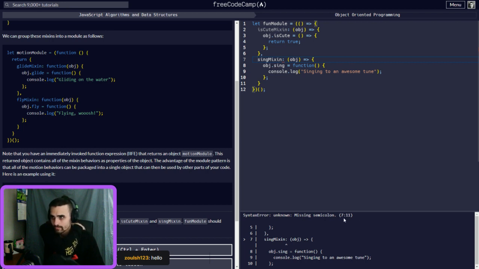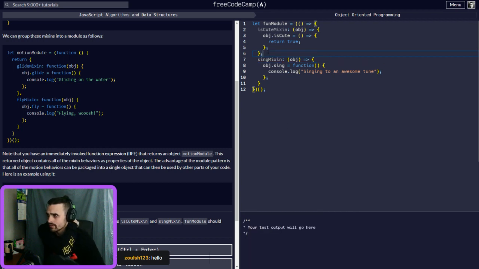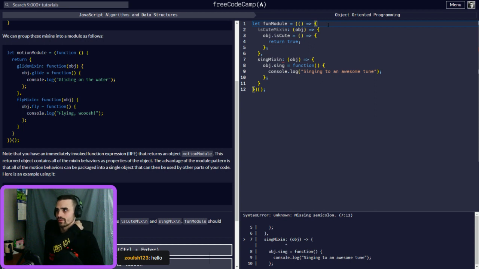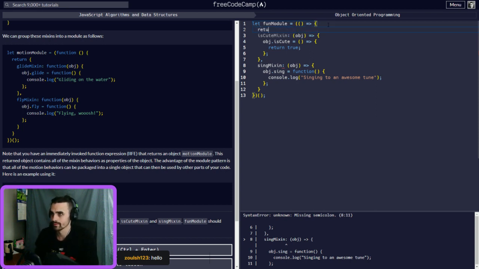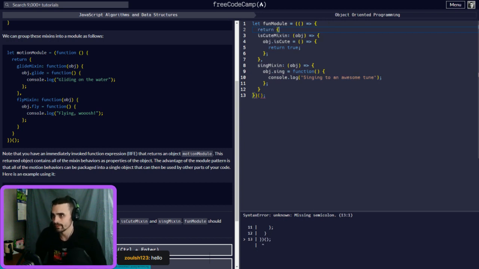Alright, so what, missing semicolon. So we're looking at this right here. Why would that be that? We're making an object. Oh, because we're not returning one. That's why. Because we're not returning this.